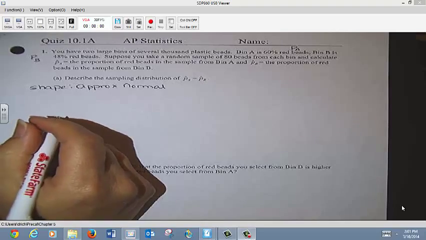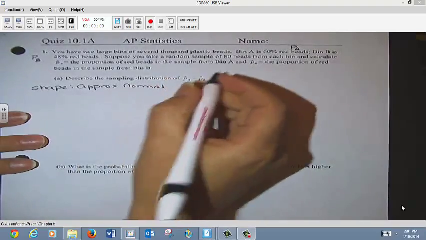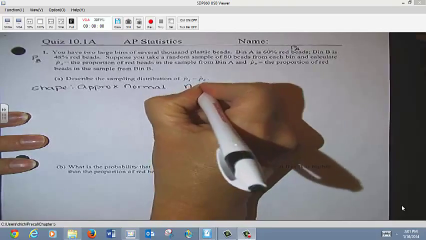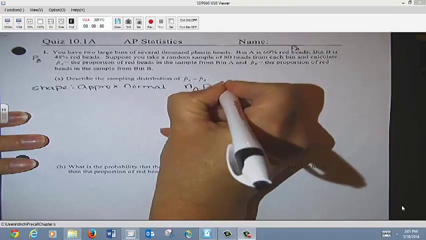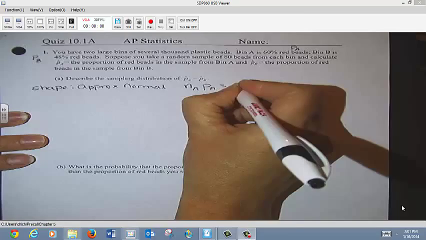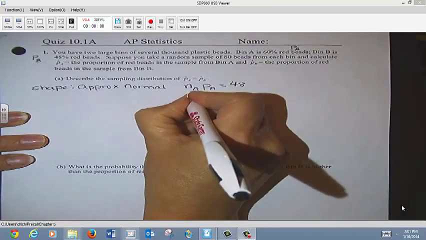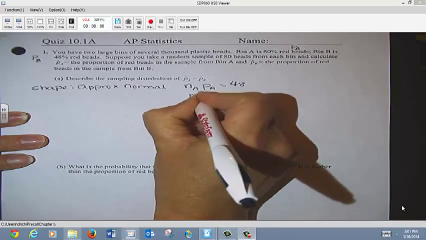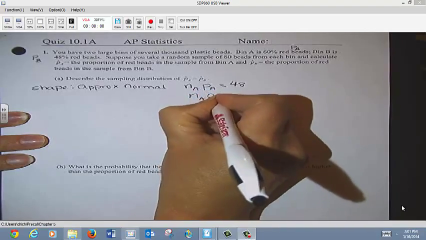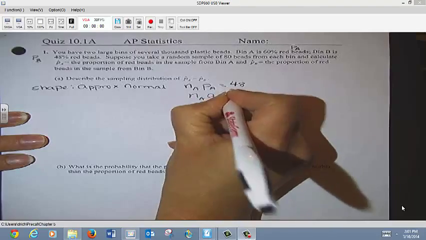And since NA times PA would be 48, and NA times QA would be 52,